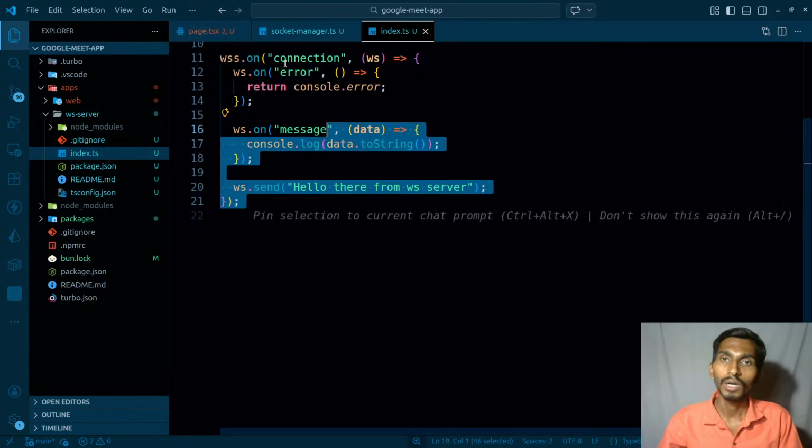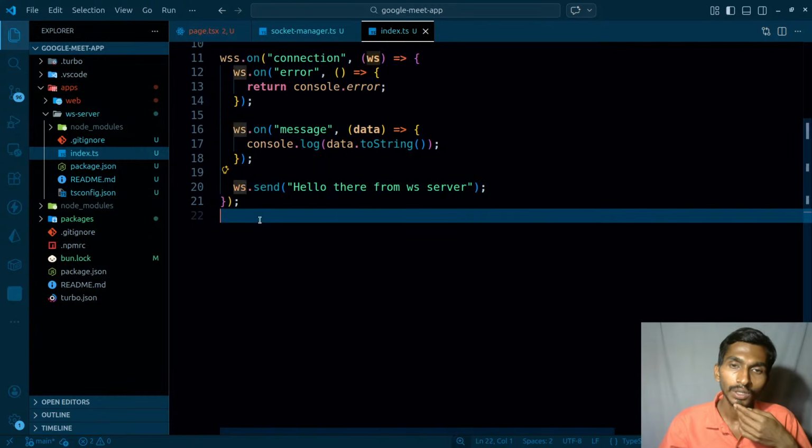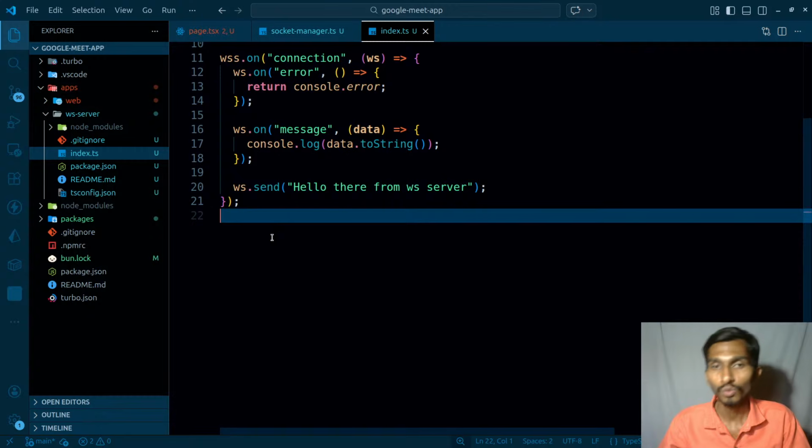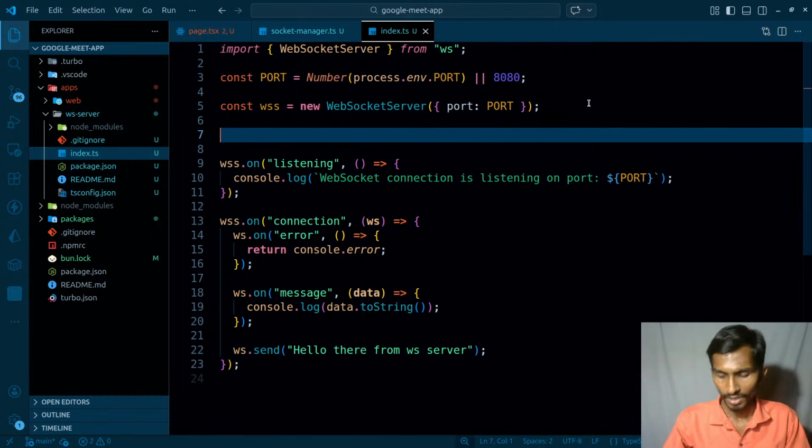The WebSocket connection is already ready. Now we will have to check how to store the data of the user, and what all we need to even store, because we have to store. Just think about it. We are here on the WebSocket server side, right? So some way or the other, we have to